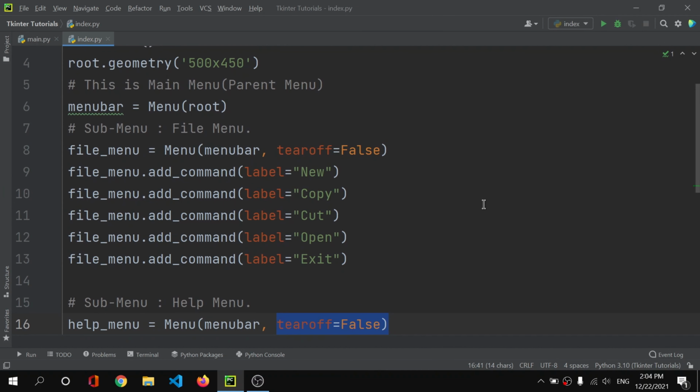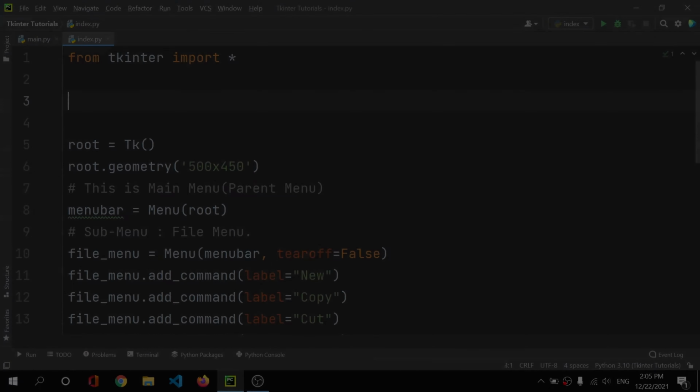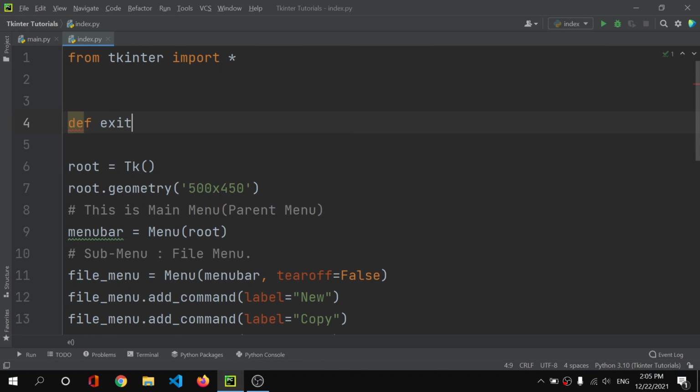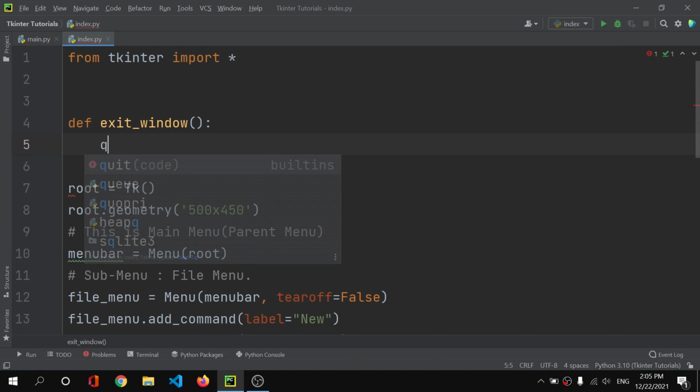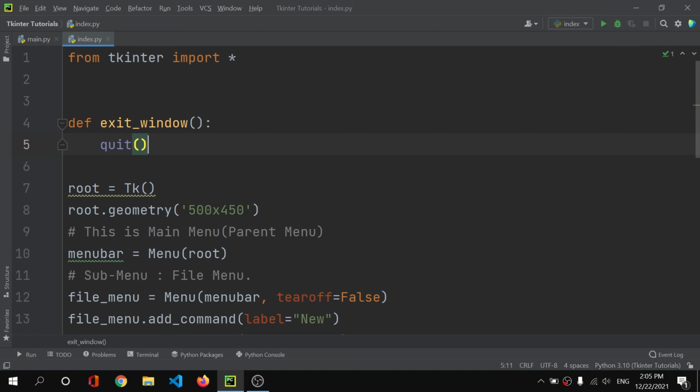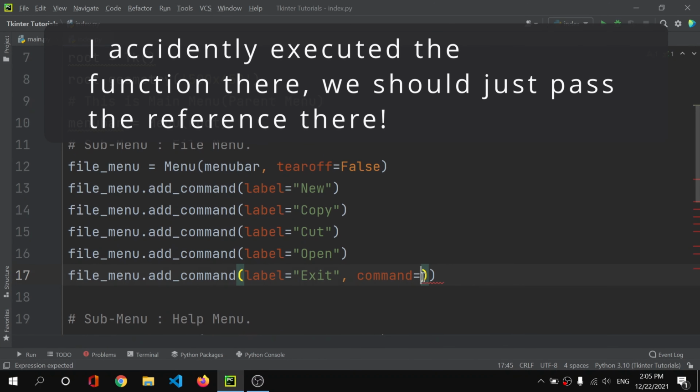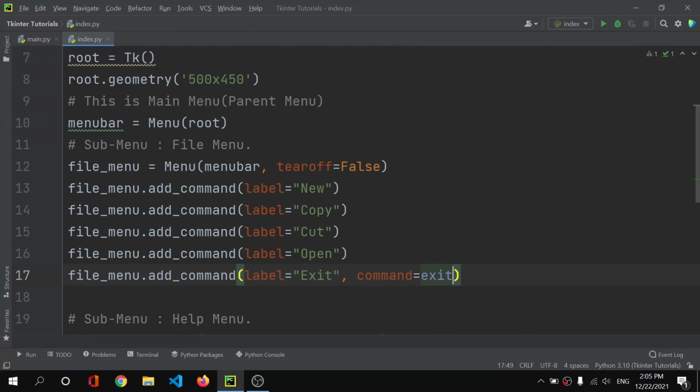And now what we can do with these menus is remarkable. We can add functionality. So here I will simply add a functionality to exit because that's much easier. Let's say like this, def exit window. So let's create a function like exit window. This function will quit this window. So we can do this, and then we can pass the reference of that function like this. Oops, exit window. So we will not call it here, we will simply pass the reference of that function.